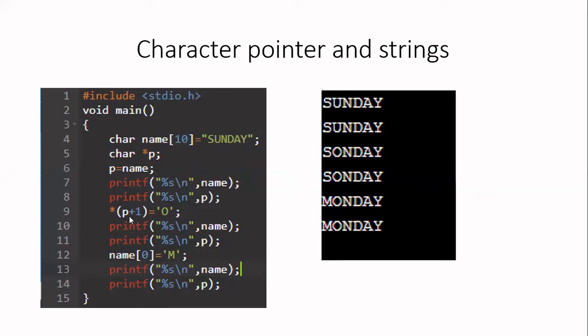Now let us see how to change the same thing with the help of this array, not with the help of the pointer. So now I have SONDAY. I want to change that to Monday. So I have to change the first character in the array. I am now going to do it with the help of this array name. Since I want to change the first character, which is stored in index 0, I am going to give name of 0 is equal to within single quote m. Then I can print the string by using either name or p. In both cases, I'll be getting the answer as Monday.